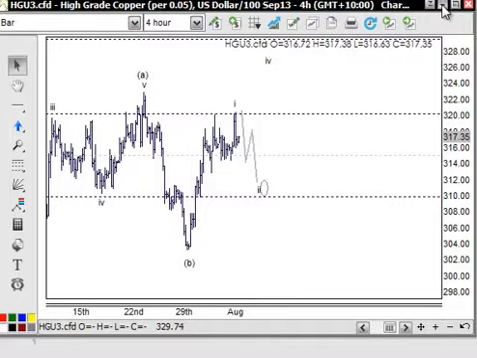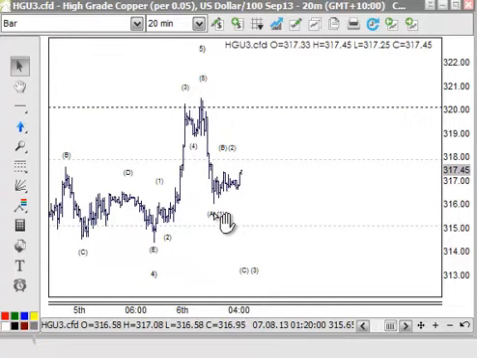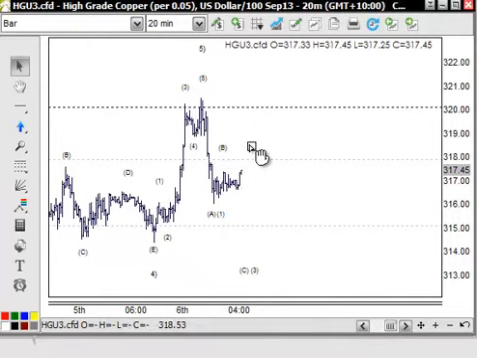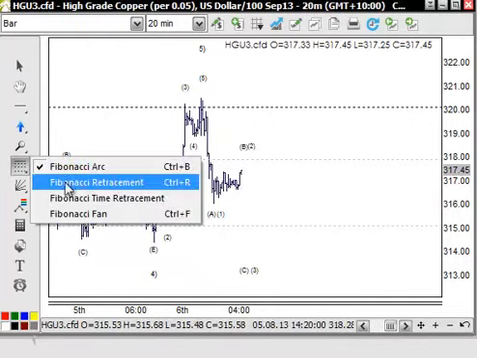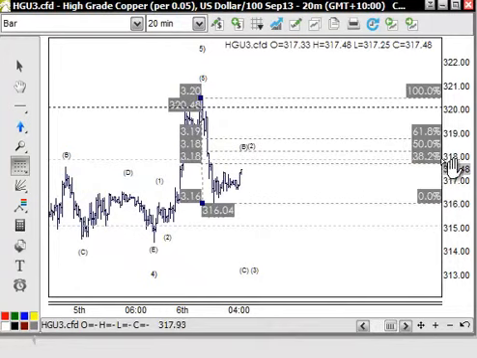So if I can just move in a bit closer. From this high here, we've got the 1, 2, 3, 4 and 5 through to here. I'm just calling that wave A at this stage, and wave B moving back up through this area here. A wave B normally pulls back 50-60% through here, but I think it's just important to look at